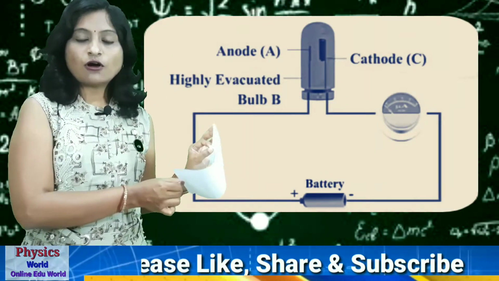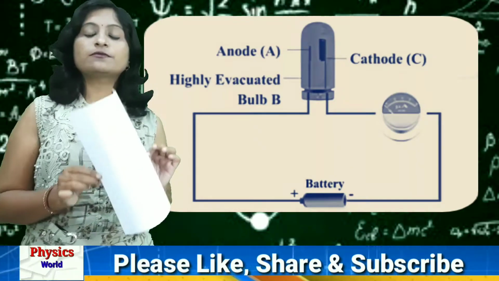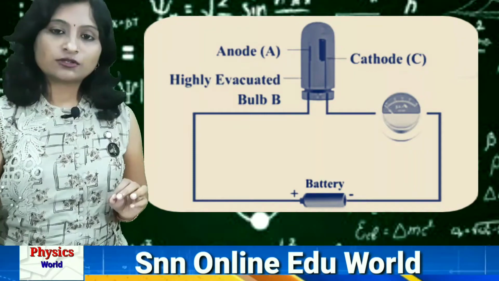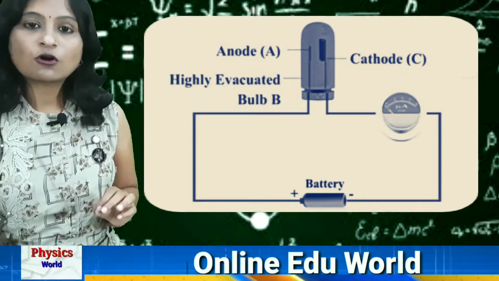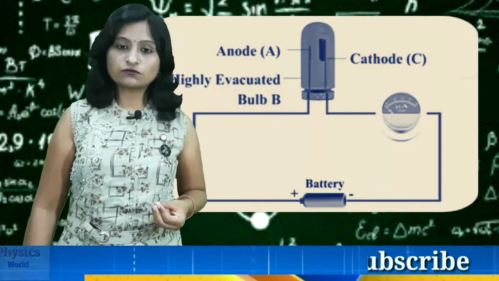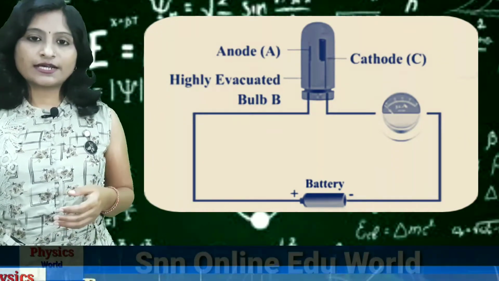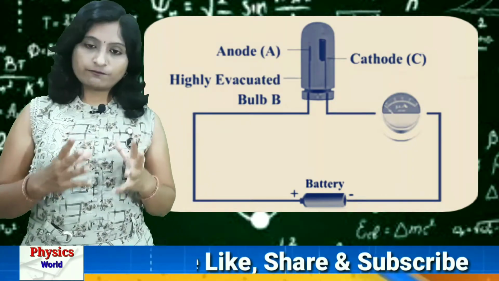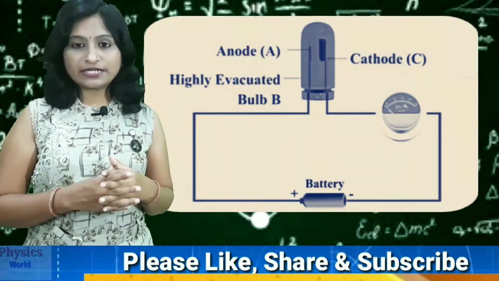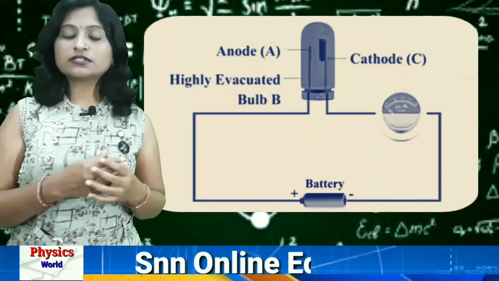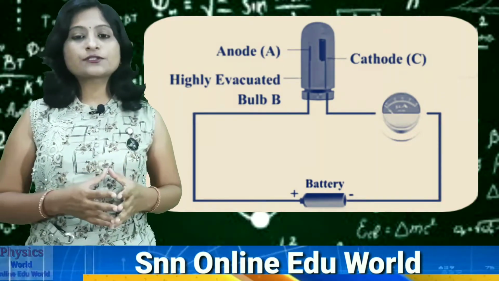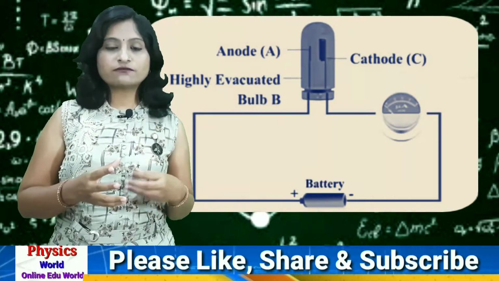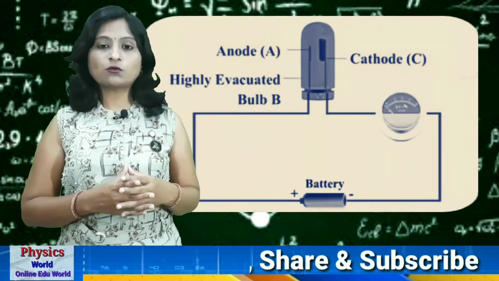Now since this is semi-cylindrical in shape, this portion is half circular and it has some radius. So on that radius we have to keep the anode, and the anode is nothing but a simple thin rod, a thin metal wire. The cathode is made up of a plate, and the inner curved part of that plate is coated with a photosensitive material, because for this device we want more and more photoelectric current.